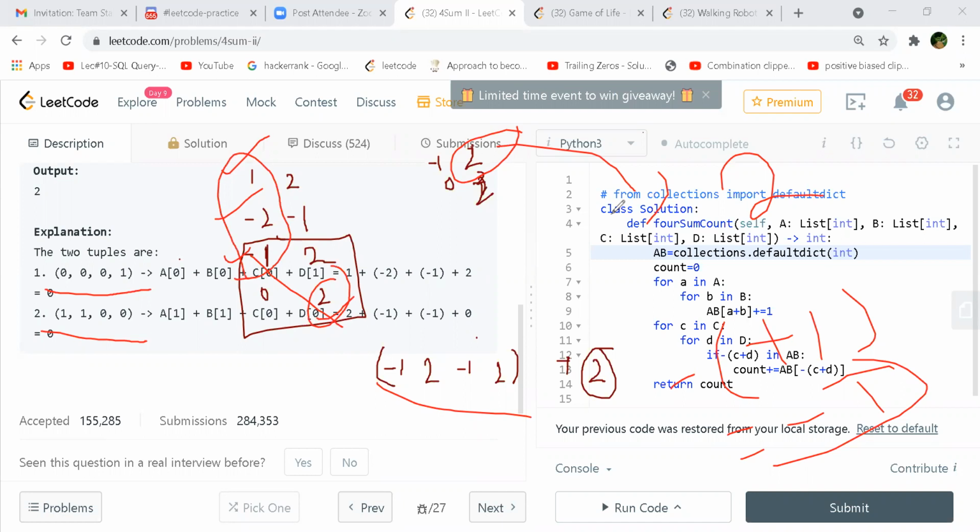And the other tuple is this, this, this and this. So here it's 1, -2, -1, 2 and 2, -1, -1, 0, the way they have shown in the explanation.